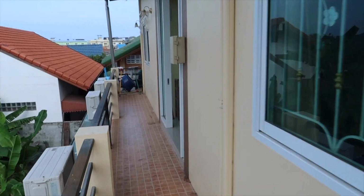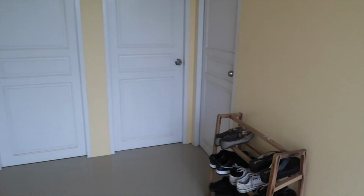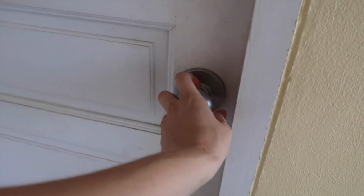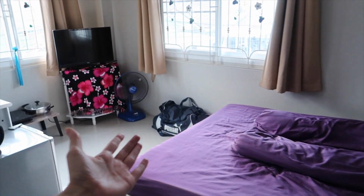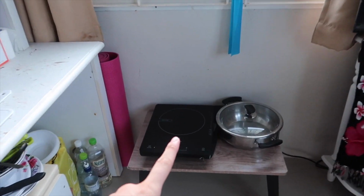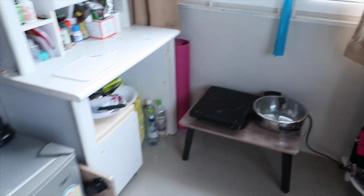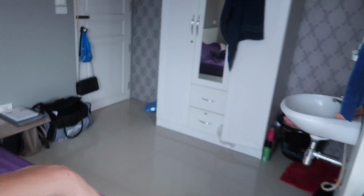On the second floor they have 4 rooms they rent out, and this is my room. So here is my bedroom, and here is my kitchen area. I bought this one so I can cook a little bit of food myself at home. A small fridge, also a TV and air conditioning, and my living room, and of course a toilet